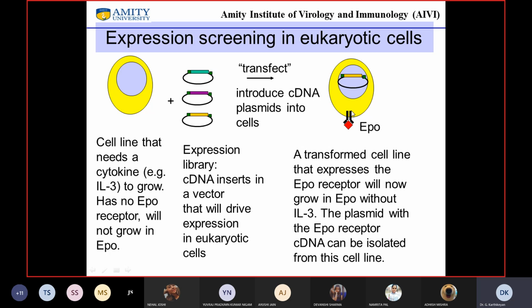Once this gets expressed, you have this erythropoietin receptor and the ligand, and now it can grow in the absence of IL-3. And now you can isolate the clone that is present in this, sequence it, and find out whether this is the clone for the EPO receptor or not.